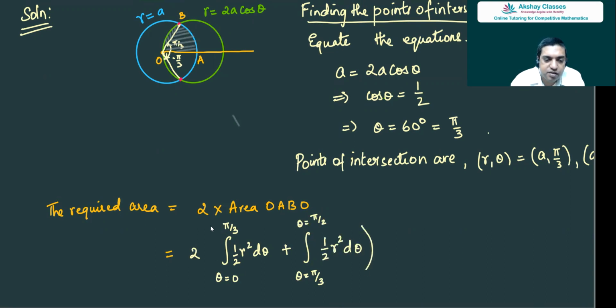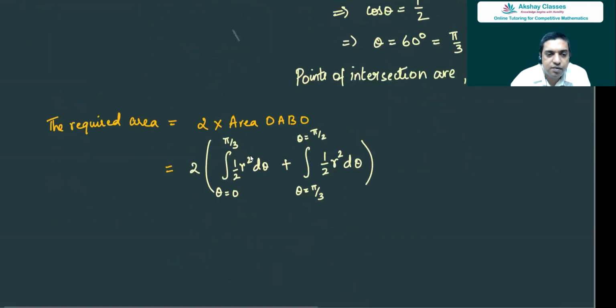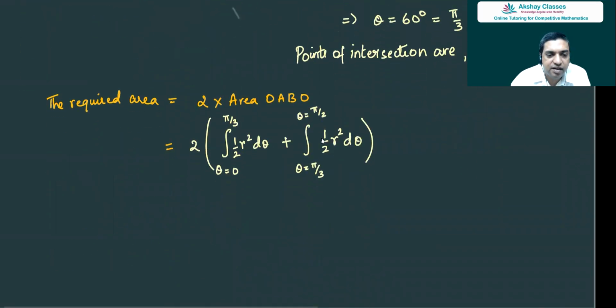Why did I do this? You see here, from 0 to pi by 3, the curve will be this blue curve. So that is one function r. And from pi by 3 to pi by 2, it will be the green curve. When theta varies from pi by 3 to pi by 2, it will vary along this green curve. So the first curve will be the blue curve, that is A. So we get